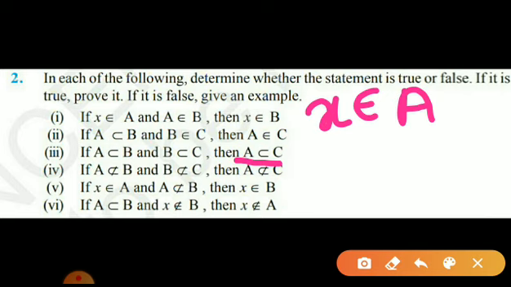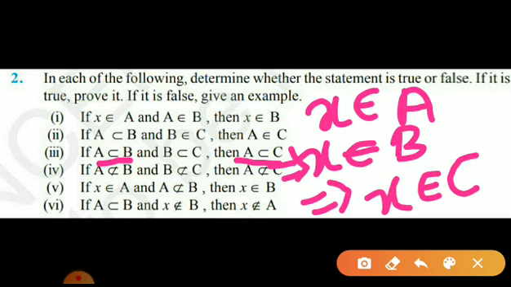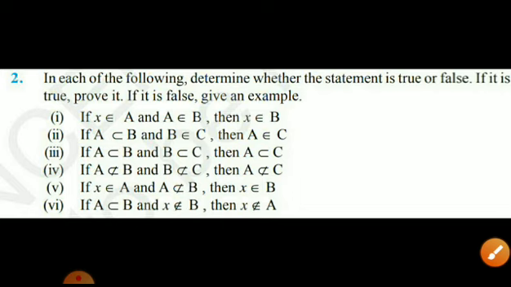Now, see, if X belongs to A, can I say that X belongs to B? Because A is a subset of B. So this implies X belongs to B. But again, B is a subset of C, so will it imply X belongs to C? Yes. So what we have done is started from X belonging to A and got the existence of X in C. So will it be A subset of C? Yes.